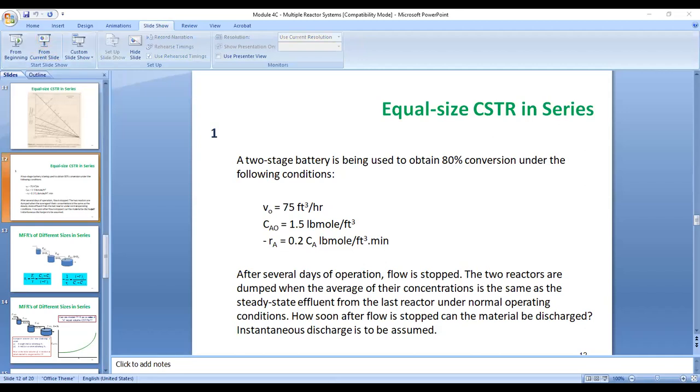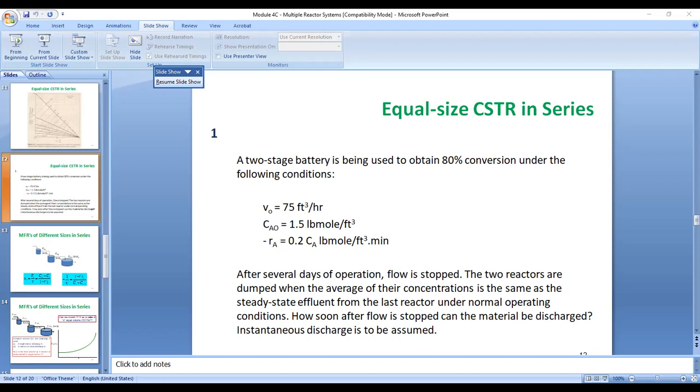Okay, please let me know if you could see the slide on sample problem number 1, equal size CSTR in series. Can you see already the slide on the sample problem? Yes, miss. Now, for this particular sample problem, we'll be utilizing some of the formulas and equations that were discussed